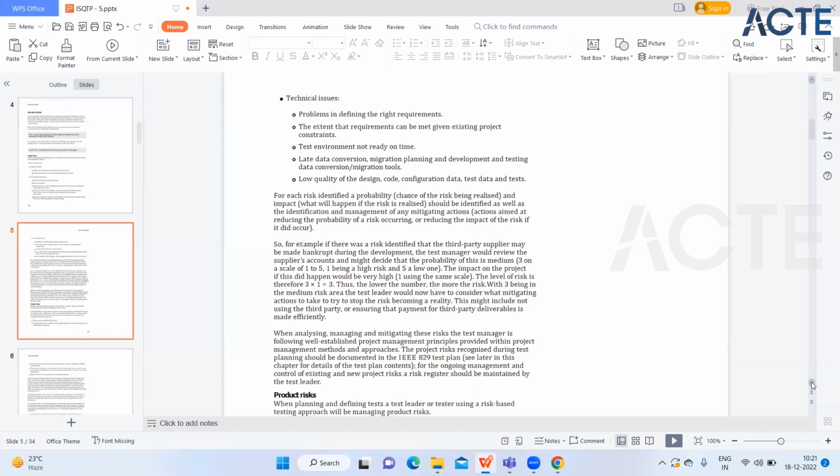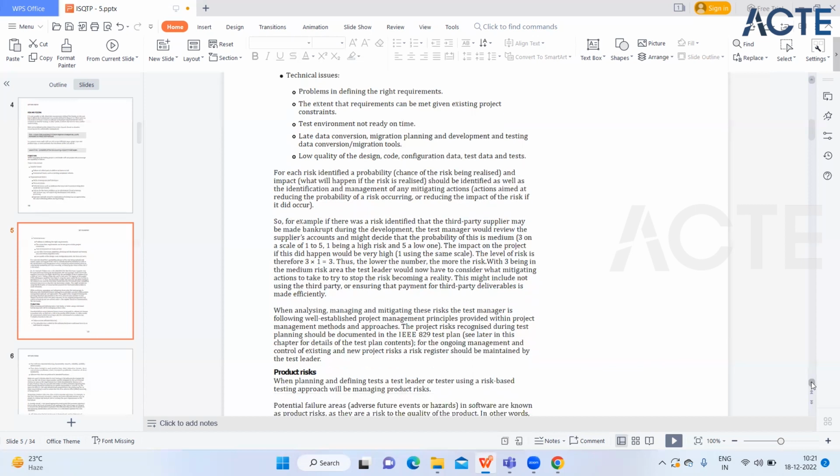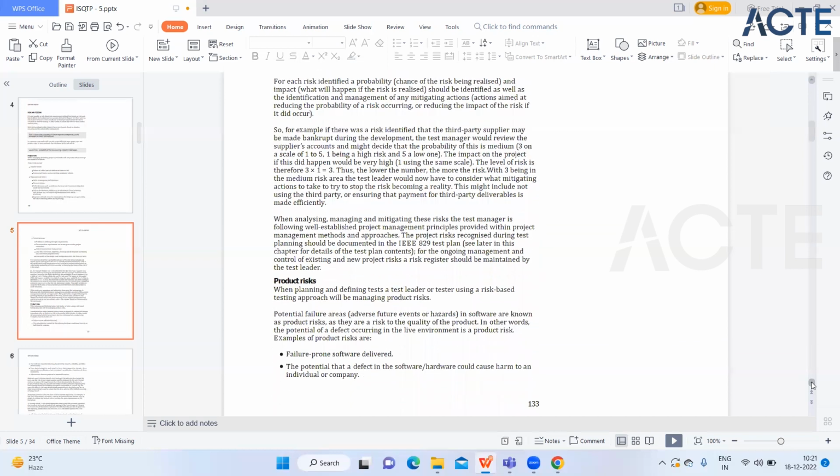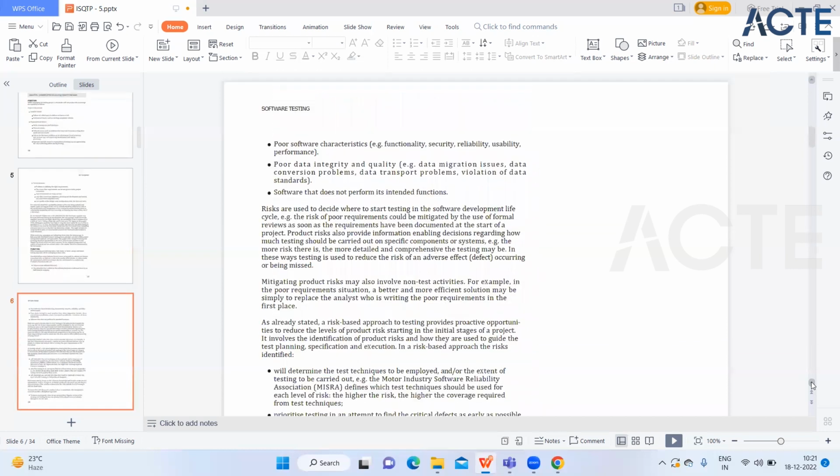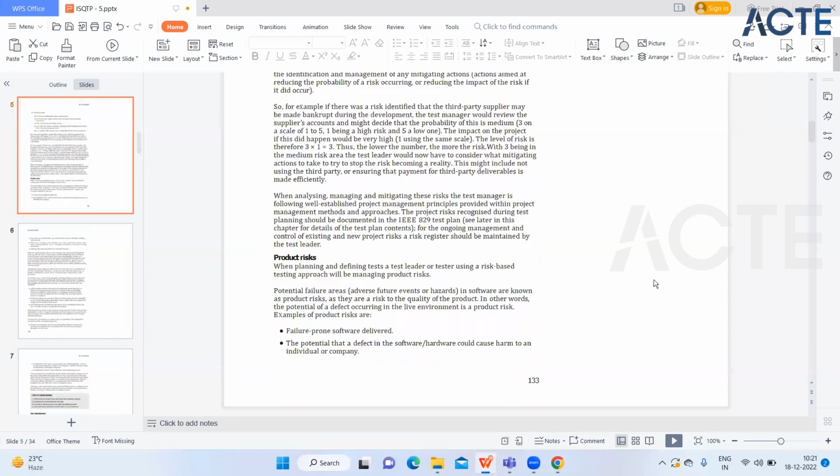For these third party suppliers, if they are not providing things properly, then what will happen? Okay. Now we are just reading this product risk. Previously we were not considering how important risk is, correct? But in terms of ISTQB, they have defined very well what kind of risk can happen. So this is very important, because in your interview as well, maybe you'll get this kind of question,